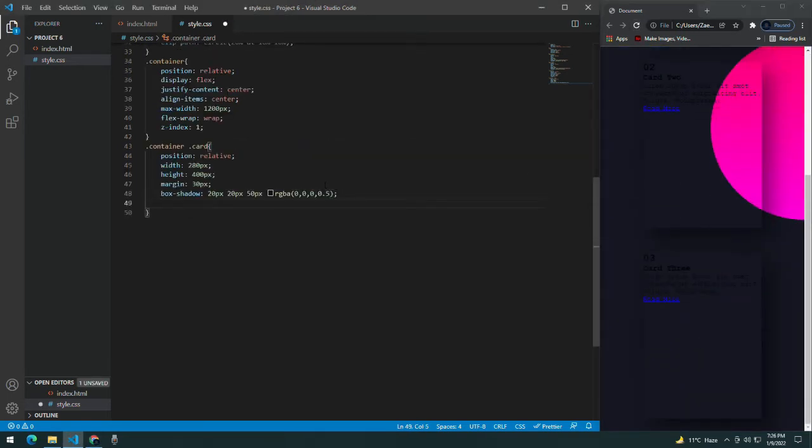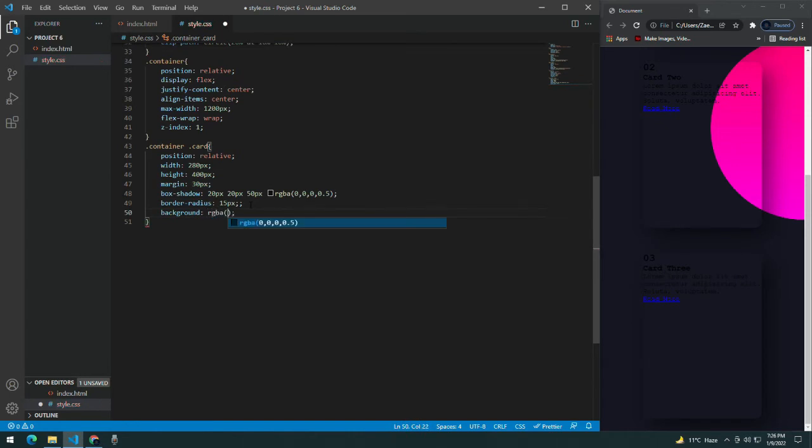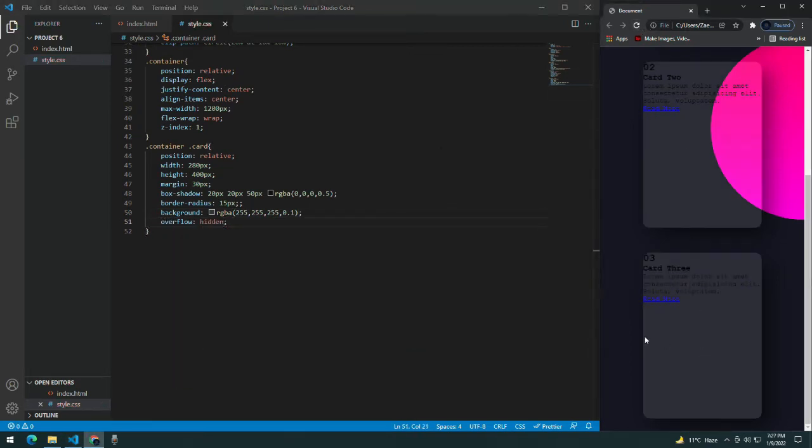You can see I am getting 3 cards now. Now let's give it a border radius of 15 pixels, basically the borders of my cards, and give it a background of 255, 255, 255 and 0.1 opacity, and also give it overflow of hidden.